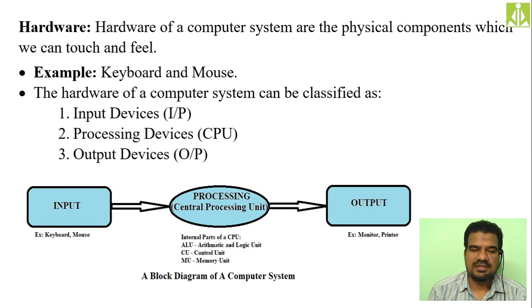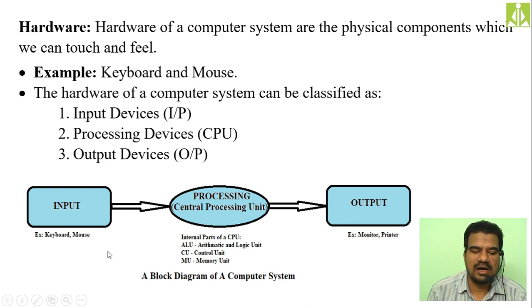We started the discussion with hardware, and hardware is all the physical components which you can see, which you can touch, you can smell. All the physical components are the computer hardware. For example, your keyboard and mouse, because they are physical ones, you can touch them, see them, feel them. These hardware components, we said, have been classified into 3 different types. The first one is input devices, the second one is the processing unit, and the last one is output devices.